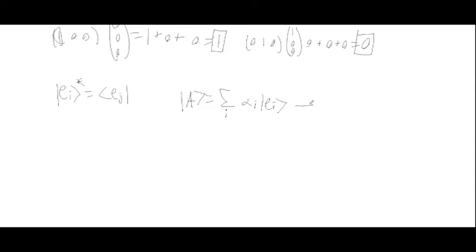Then we can multiply both sides by the bra vector EJ, and what we end up with is EJ inner product with our ket A